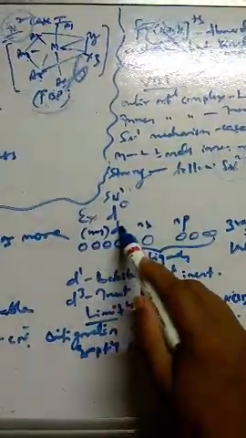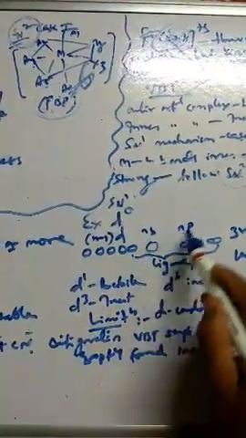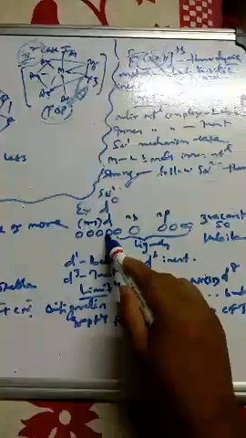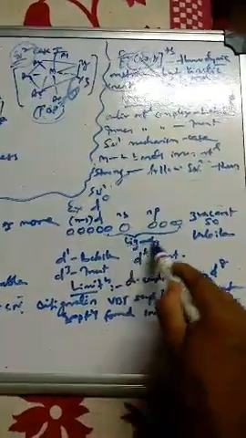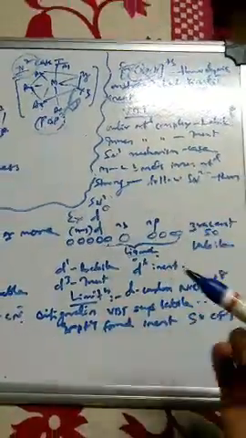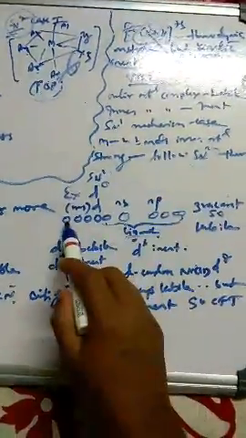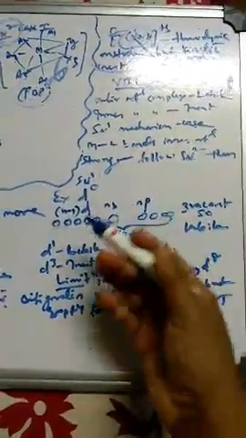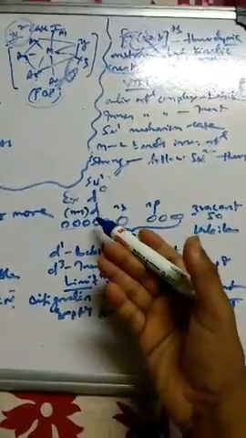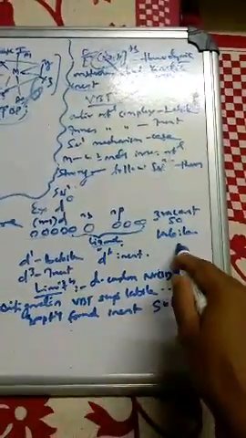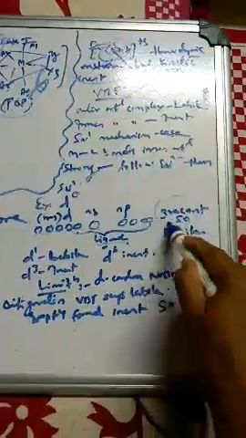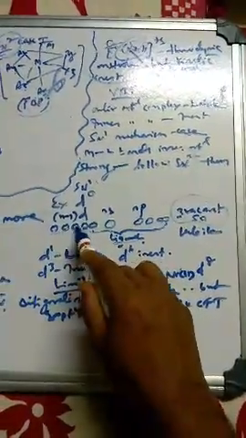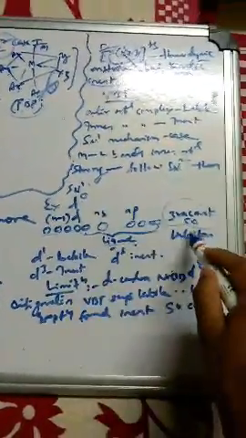For example, here I have taken one (n-1)d inner orbital, one ns and three np orbitals, and that of the ligands is 6, 1 2 3 4 5 6. These are the orbitals of the ligands. In d0, how many inner orbitals will be vacant? 1 2 3 inner orbitals. There are 3 vacant inner orbitals, so is this complex inert or labile? It becomes a labile complex, because it has 3 vacant orbitals. That's why d0 complexes are labile in nature.